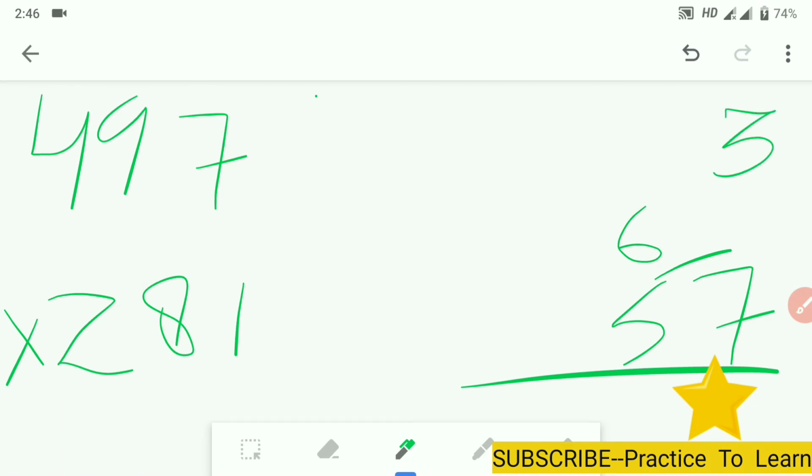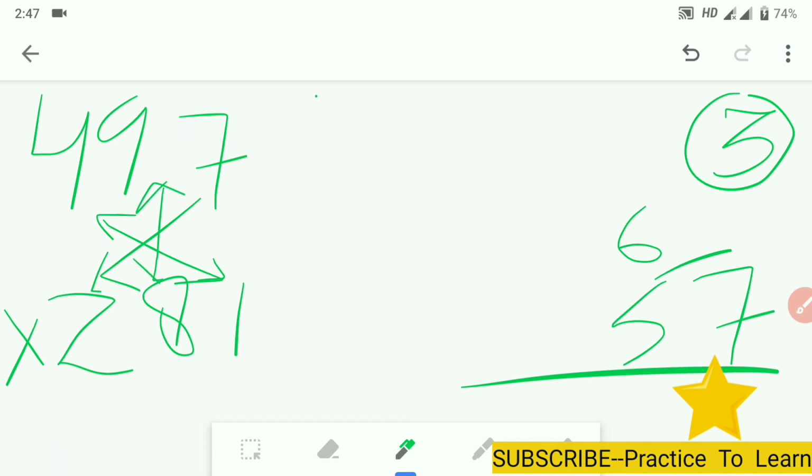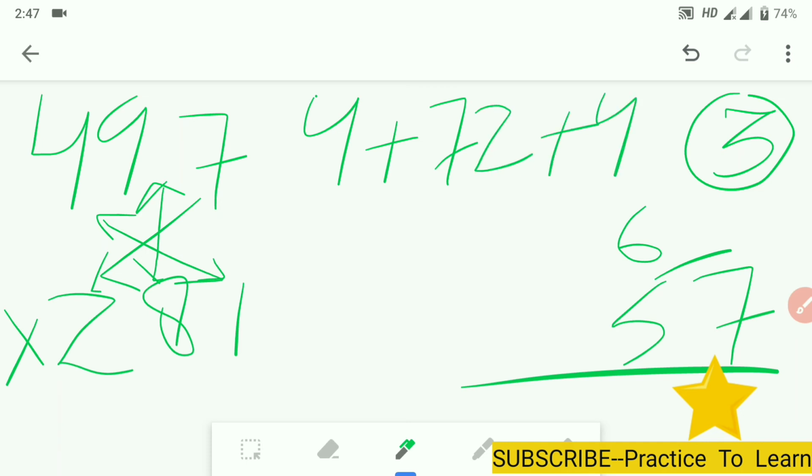So guys, in step number 3 we multiply 4 with 1, we multiply 7 with 2, and then we add to the result 9 into 7. So here is what we get. 4 into 1 is equal to 4. We add that to 9 into 8, 9 8s are 72, plus 7 into 2, 7 2s are 14. This is what we got, 14 right here. Now we will have to add this, 72, 14 plus 4 is equal to 18.